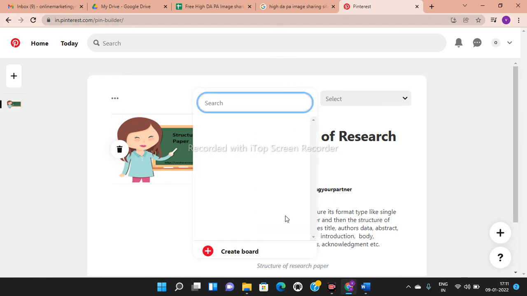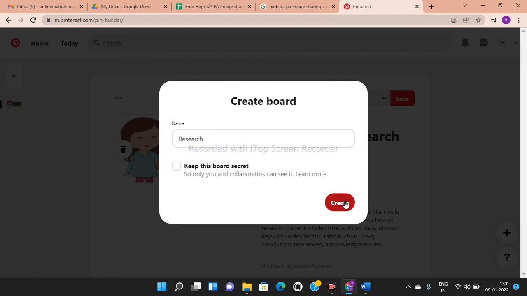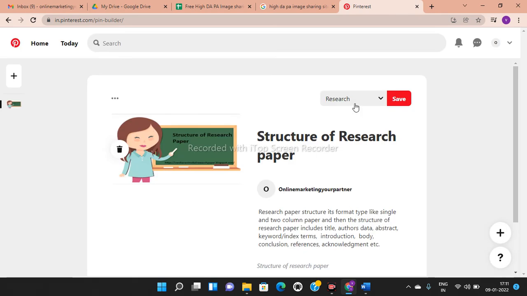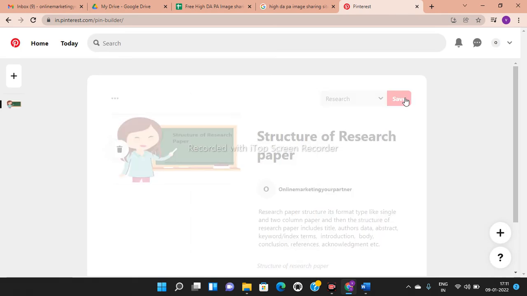If you have already created one, you can select it. If you haven't created one, then create a board. So I'm just going to create one board here, that is research, right? I am going to name it research. Now it is created. I'm selecting the research board from here, and you just have to save your image, right?